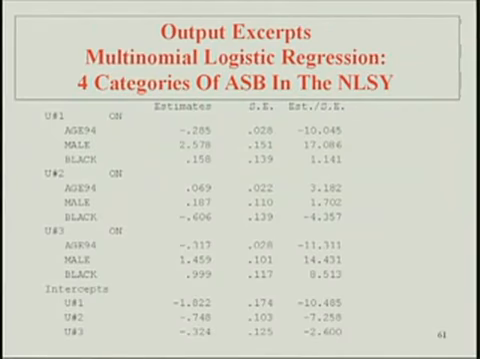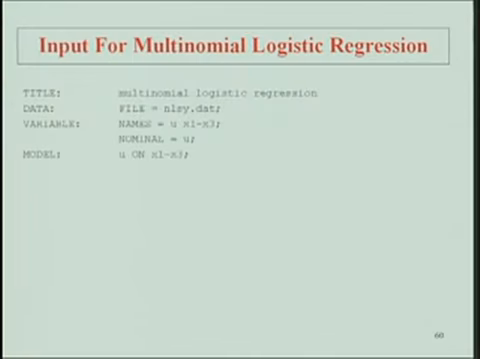Let me do this on the right screen. This is a simple input where we have just our name statement, the name of our data set. What's new here, though, is nominal equals u. So we're saying that u is a nominal, unordered categorical dependent variable. And in the model command, we just regress u on